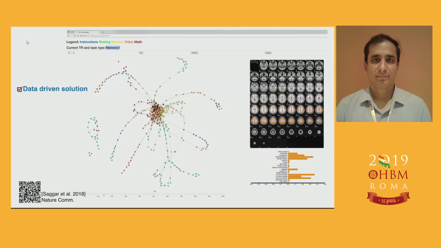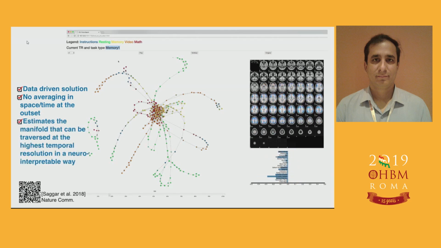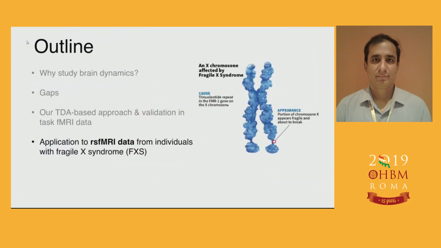So this person starts with the resting state data, going from one TR to the next, and you get corresponding brain activation, deactivation maps. So now they go to working memory, they'll stay in the core. So it's a data-driven solution. We don't average in space or time at the outset. And we try to estimate the manifold,